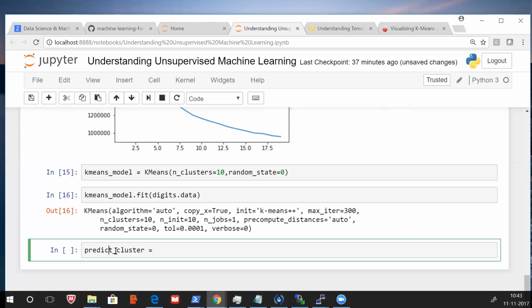Predicted clusters: kMeans model dot predict, digits dot data.